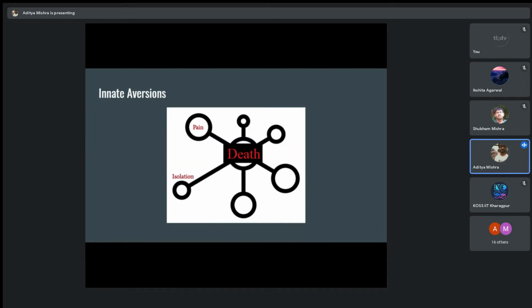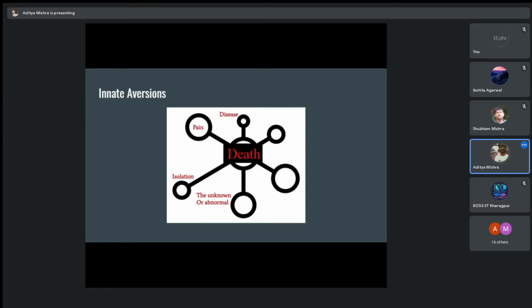Second is isolation. So perhaps when you're in a closed room, such as people who are claustrophobic, or perhaps stranded on an empty island. But then again, it's not the same for every person, such as hermits, people who actually enjoy isolation and actually love it. The next one is the unknown or the abnormal. This innate aversion is basically things that are creepy in general, which we cannot explain, such as darkness or perhaps ghosts.